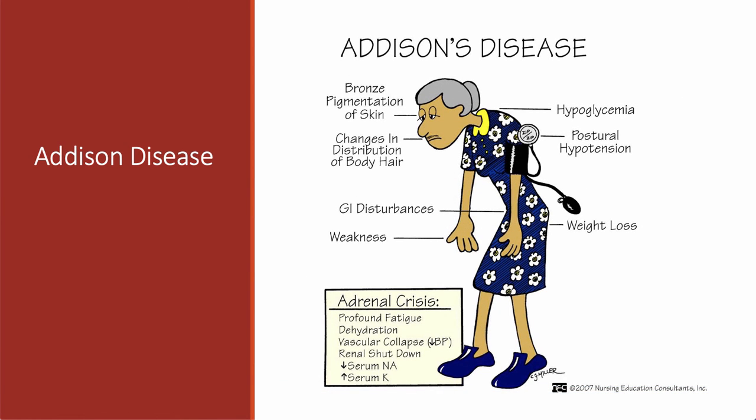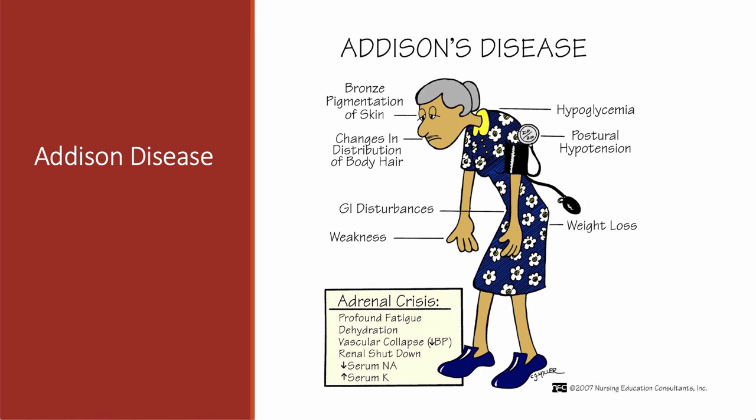Now let's talk about the opposite. Let's talk about Addison's disease. So this is where there's a lack of mineralocorticoids like aldosterone. And so what do you think is going to happen there? Well, we're going to see an increase in the serum potassium. And remember, in aldosterone problems like Addison's disease, we're going to see the serum potassium go in the opposite direction as the serum sodium. Well, what do you think happens when the serum sodium goes down? Well, what happens is you lose fluid, right? So these people are profoundly dehydrated. They have massive